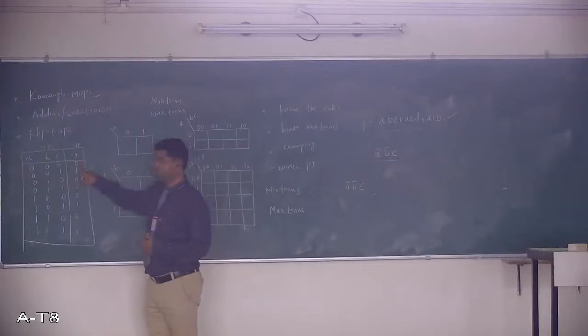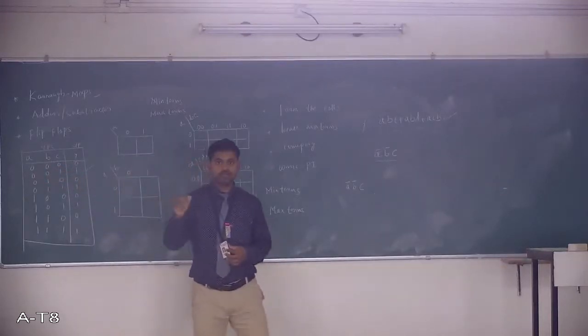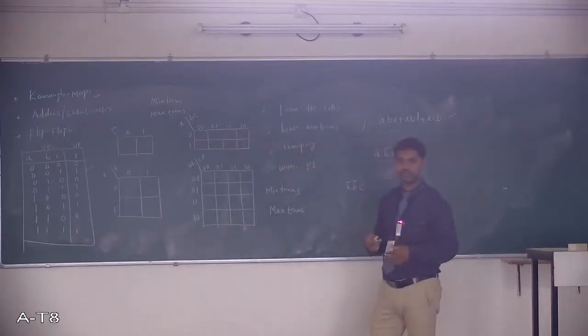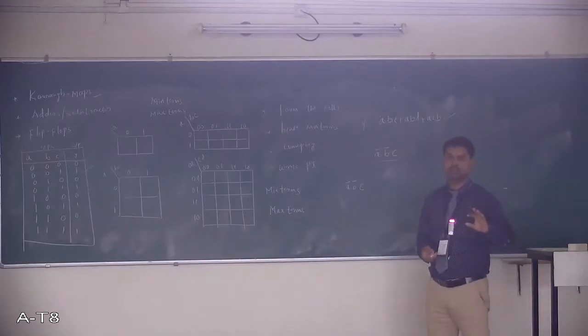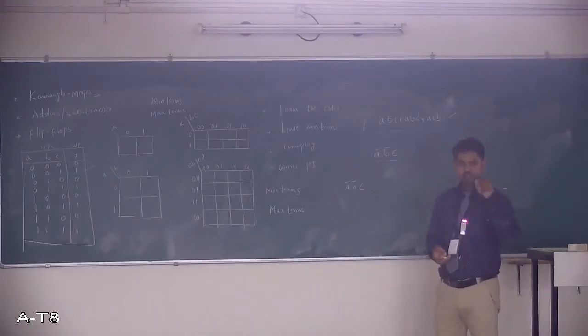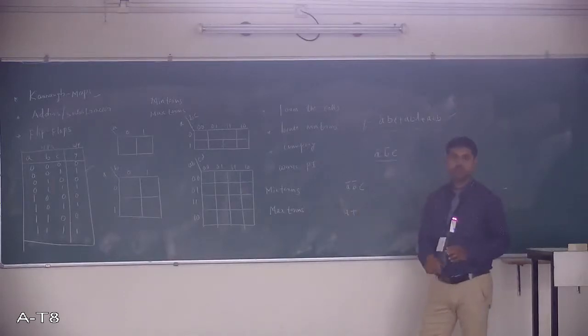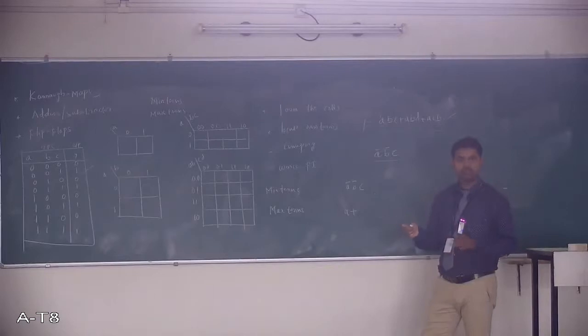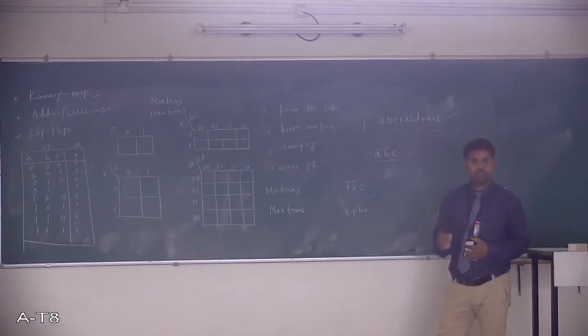See here the output is 0 here. What is the condition of inputs? All are 0, 0, 0. Now here it's exactly reverse. If a is 0, you should not take it as a bar, that is only for min term. For max term it is totally reverse. If it is 0, then you should take it as a only. Okay, it is a plus. What is the value of b? It is 0, then again it is b only. Input variable c value is 0, then again it is c.